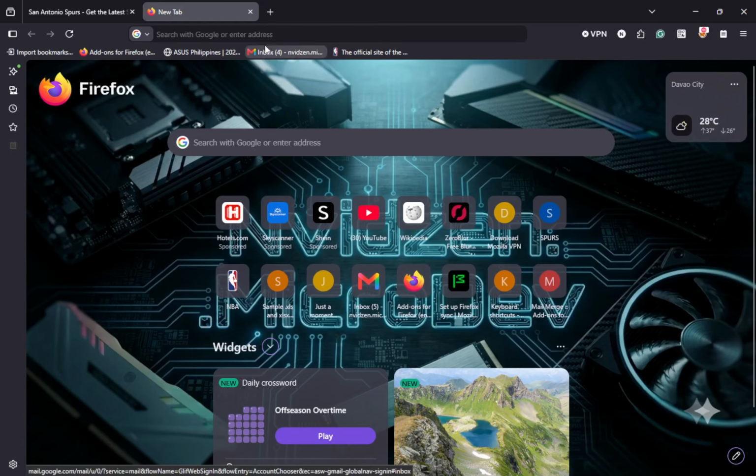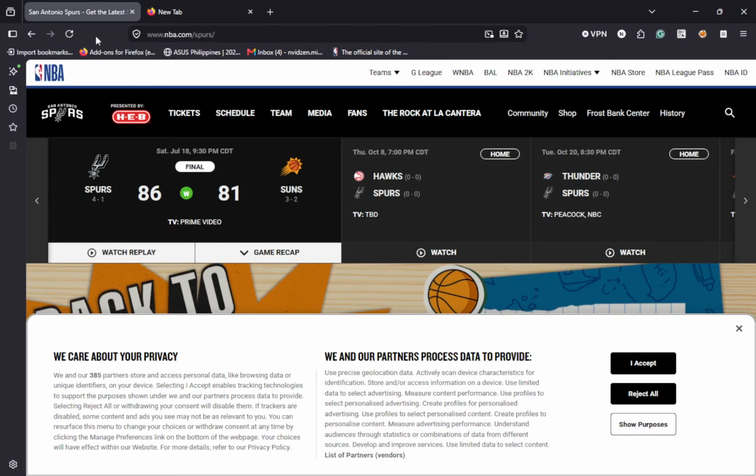Type its address in the bar at the top, then press Enter. Wait until the page finishes loading so the address and icon are fully ready. The correct page should now fill the main part of the Firefox window. With the site open, resize the Firefox window so you can see part of your desktop behind it.